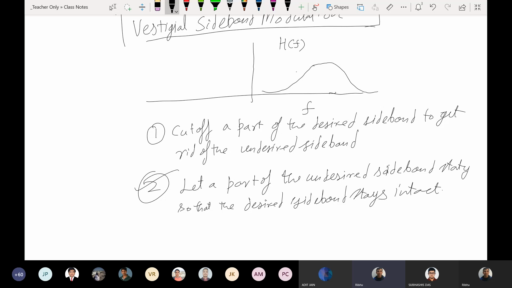Right now, we don't want to do that. We want the signal exactly as we transmitted it. So that's why right now we'll go with option 2. Eventually, when we realize that there are parts of the signal that we can live without, we'll exchange and gain that bandwidth back as well. So we allow a part of the undesired signal so that the desired sideband stays intact.